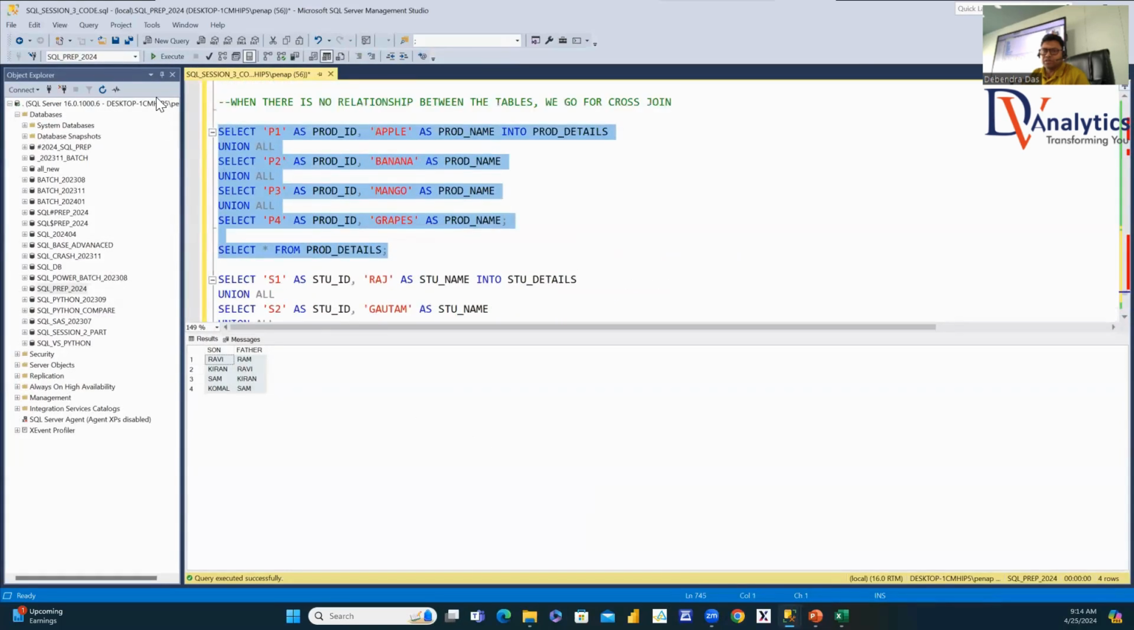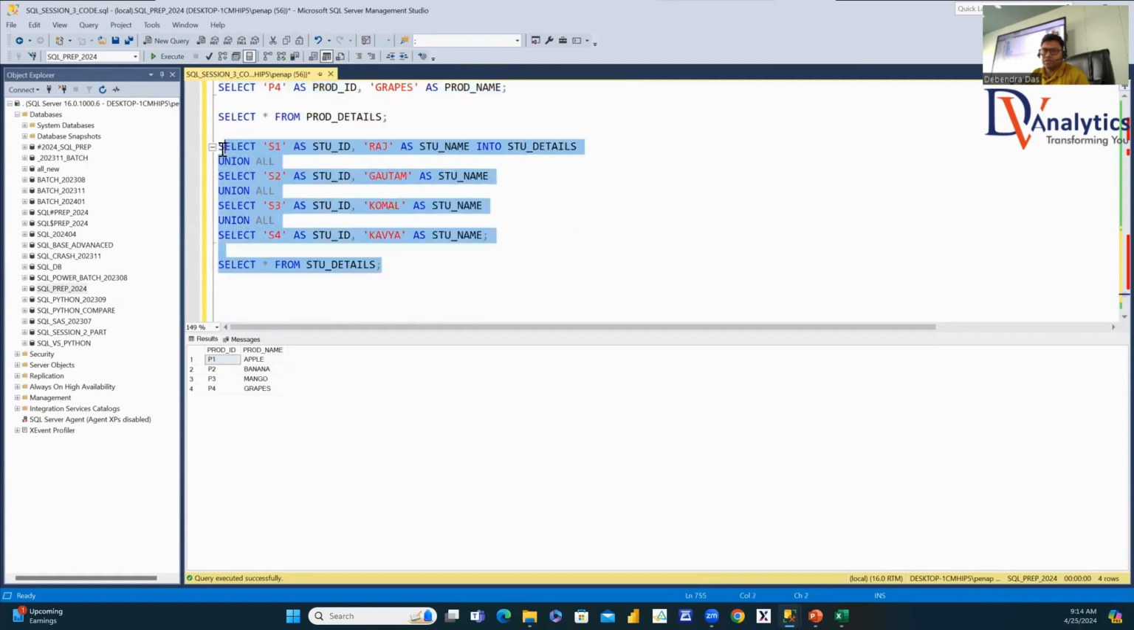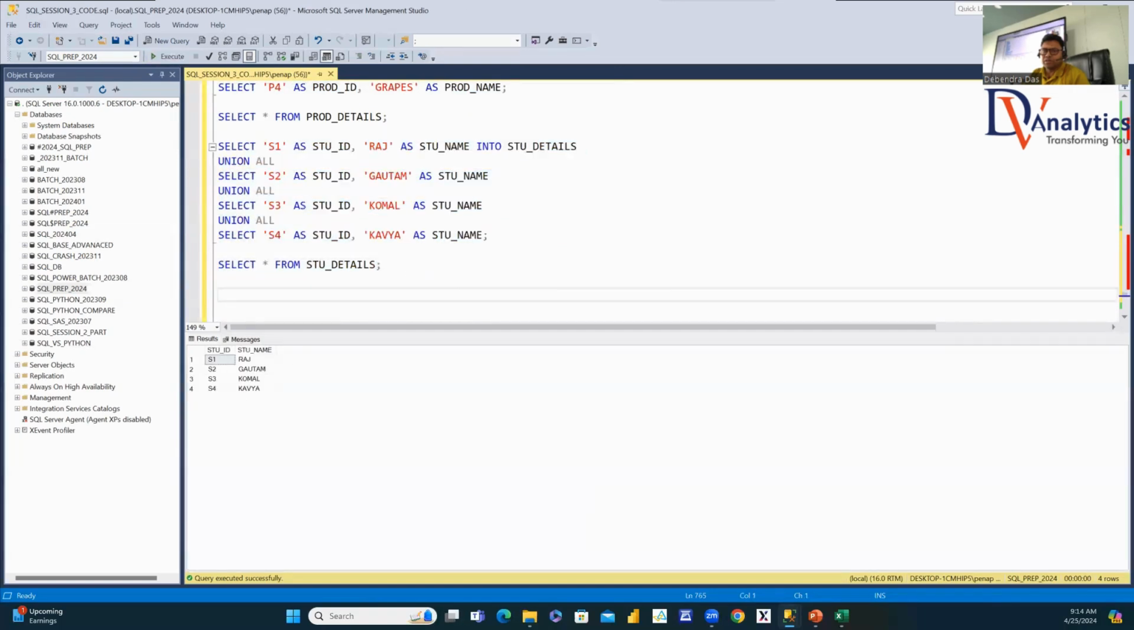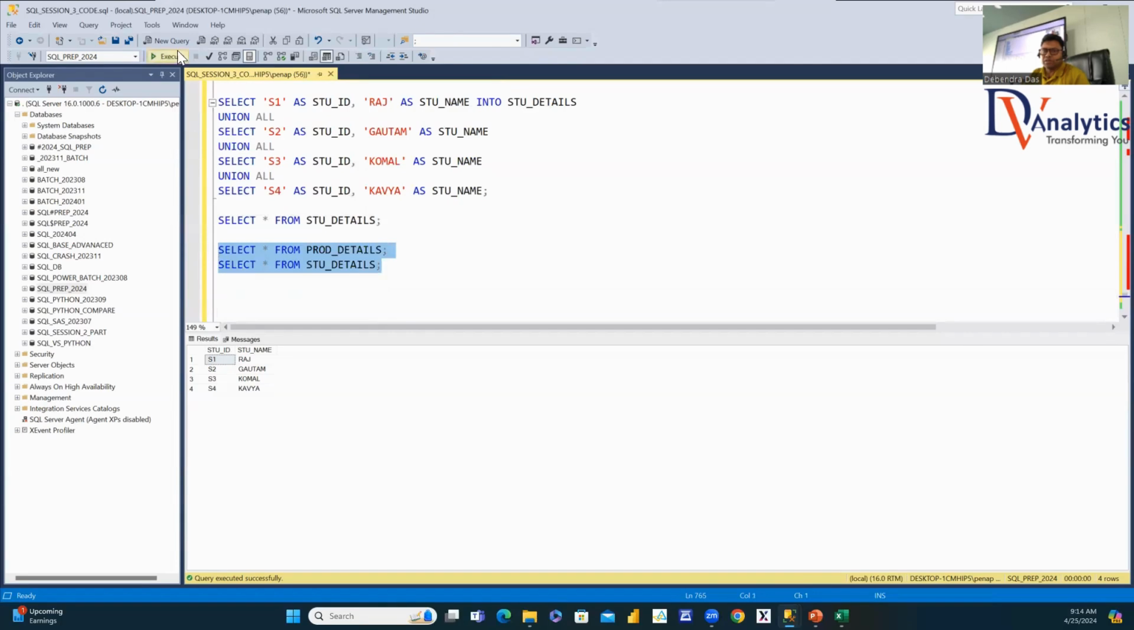If you run this query, you get a table called product table, P1 to P4. You run this query, you get the student details, which is going to be S1 to S4. Now, if you want to join these two tables, how do you join them? You will say, I want to join this to this table. To join this table right here, select